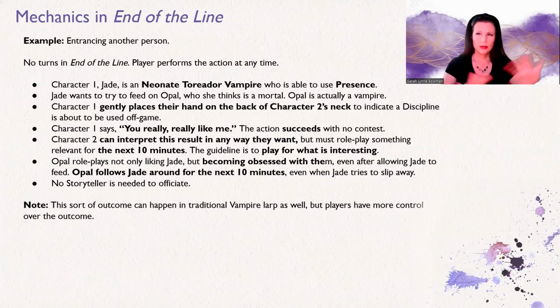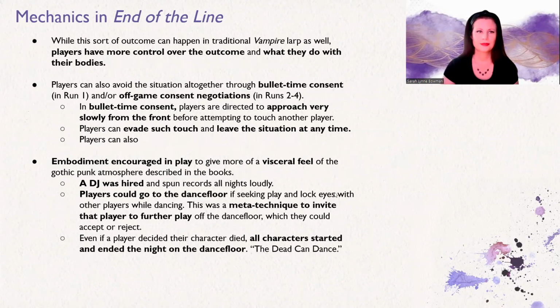Now, this whole sequence of events could happen in a traditional vampire LARP as well. However, players have control over the outcome here, more so than they would normally, meaning that they get to decide. Nobody's telling them what's happening to their character. And there's also more control over what players can do with their bodies. And this is really important because in consent-based play,